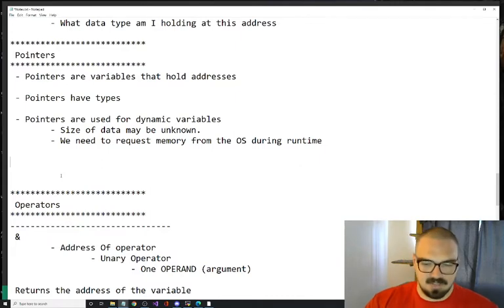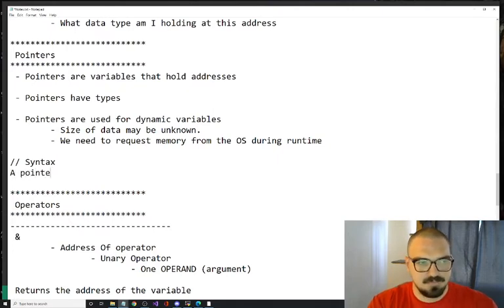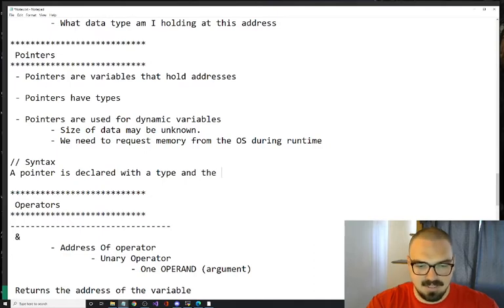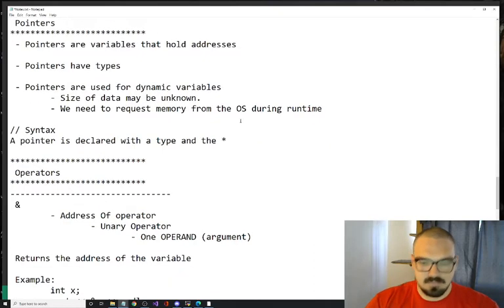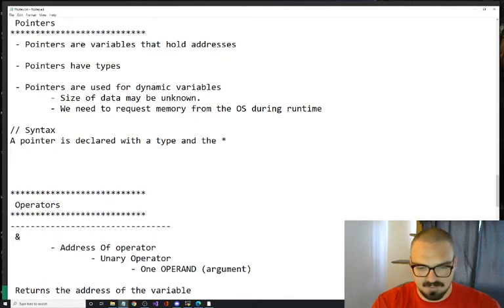All right, so I guess first we need to talk about how pointers work, the syntax of a pointer. A pointer is declared with a type and the star. Now, you can put the star anywhere in here.